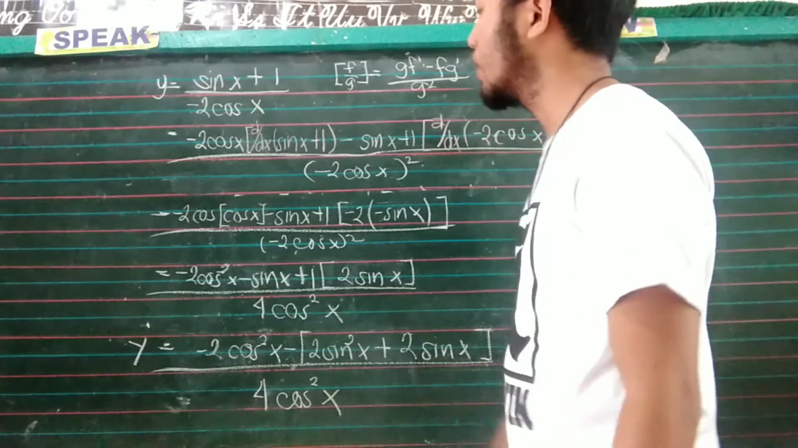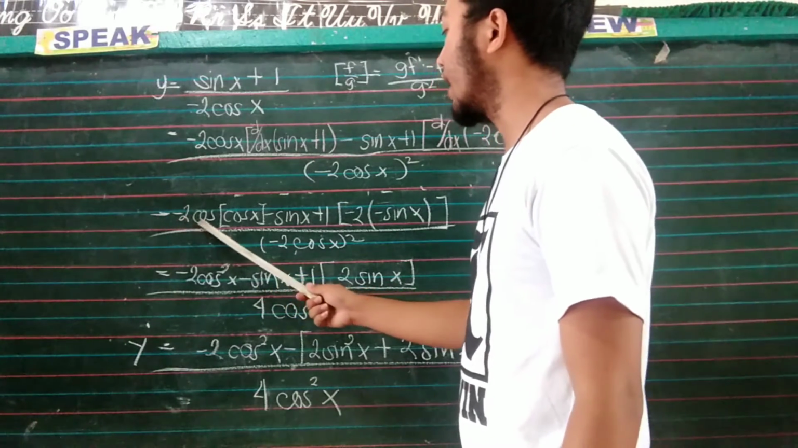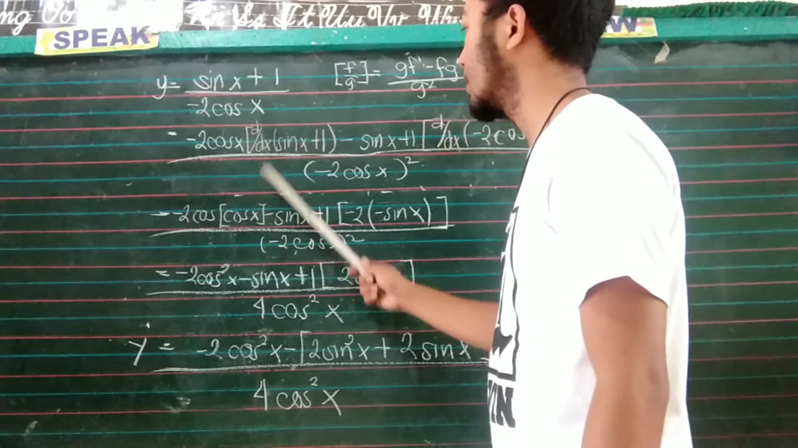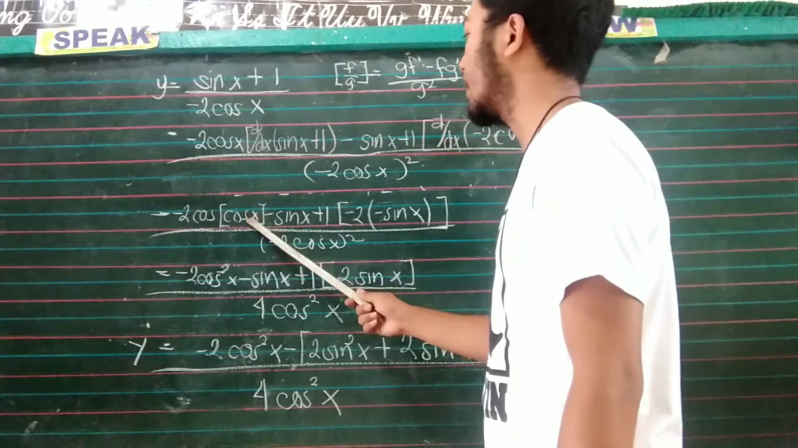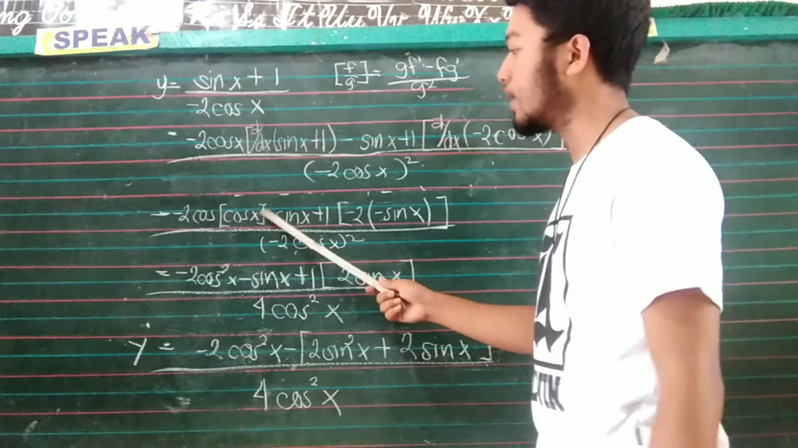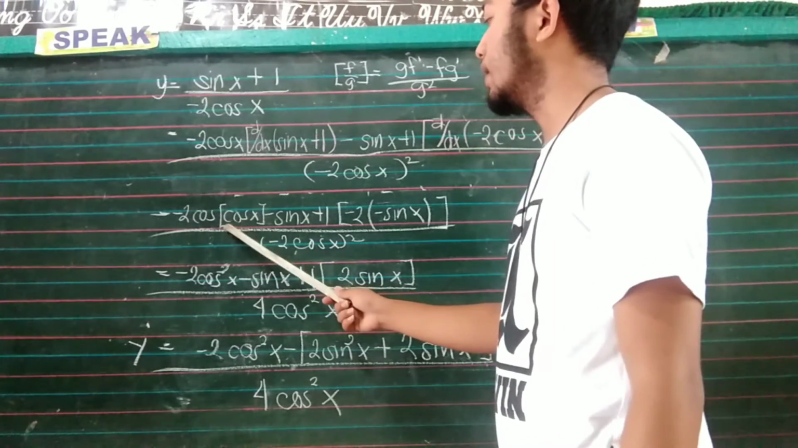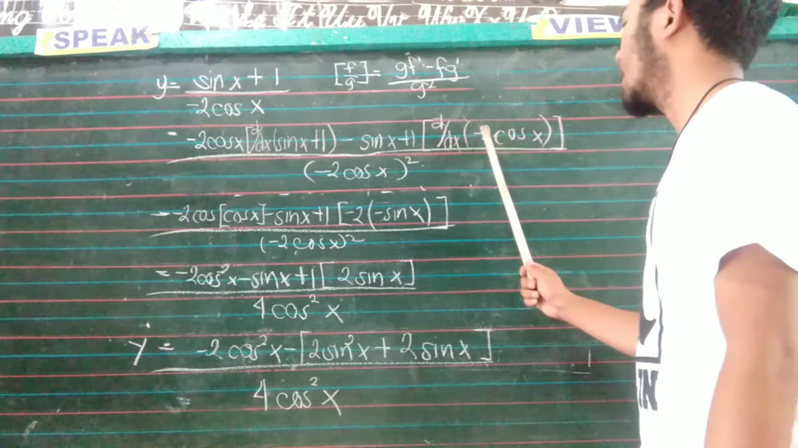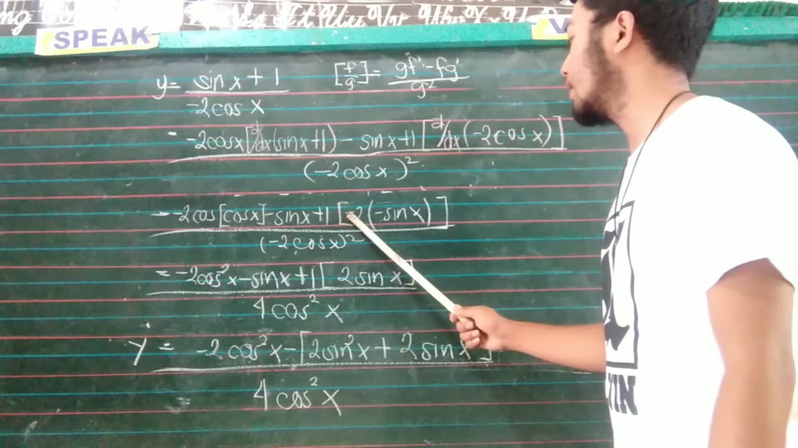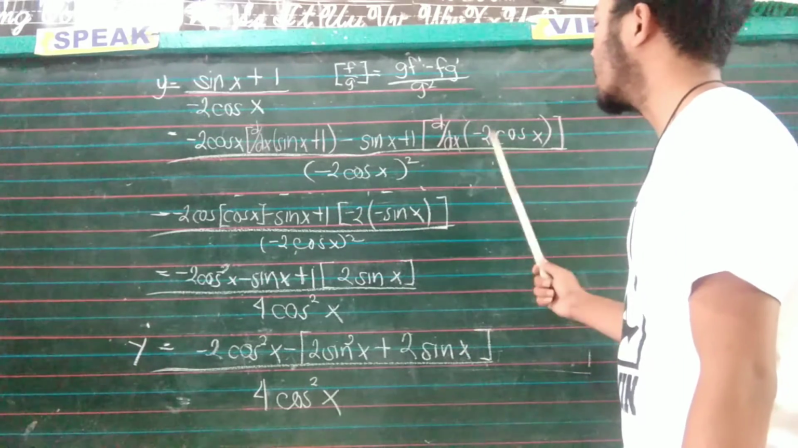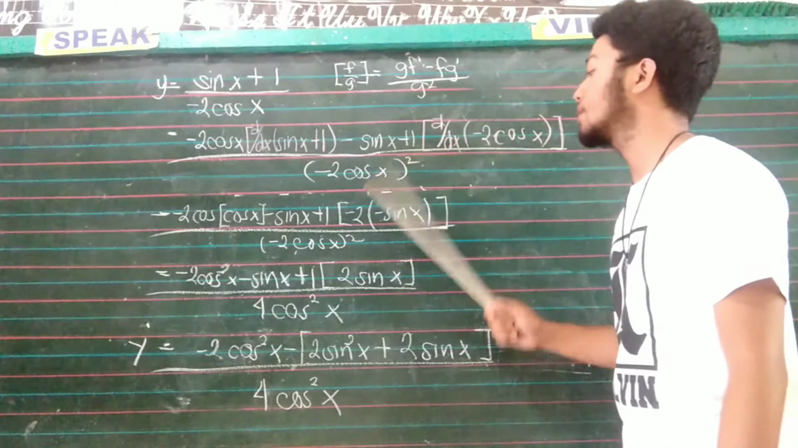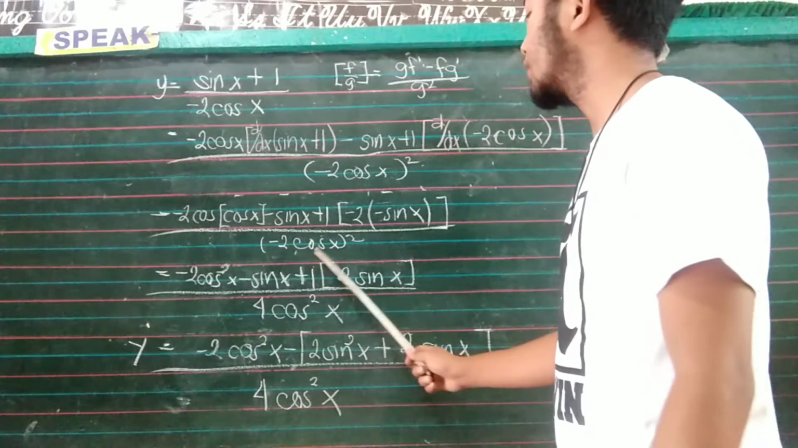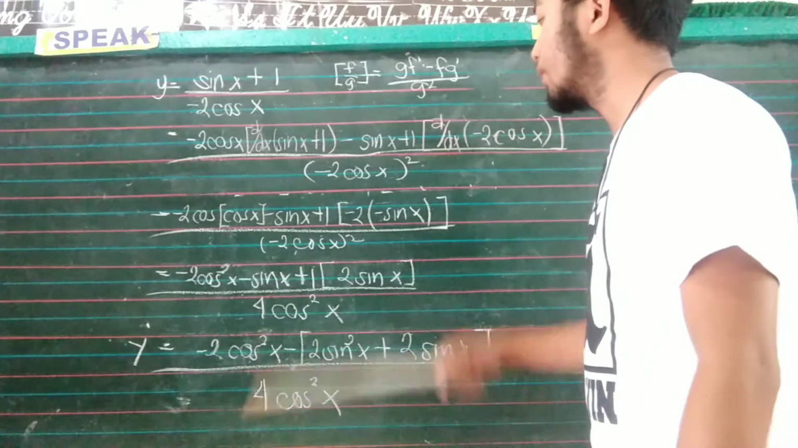To simplify it further, we have the negative cosine times the derivative of sine x plus 1, which is cosine x, because the derivative of sine is cosine, and since 1 is constant, we have 0. So it gives us cosine x minus sine x plus 1 times the derivative of negative 2 cosine x, which is negative 2 times negative sine x, because the derivative of cosine x is negative sine x, over negative 2 cosine x squared. So to simplify,